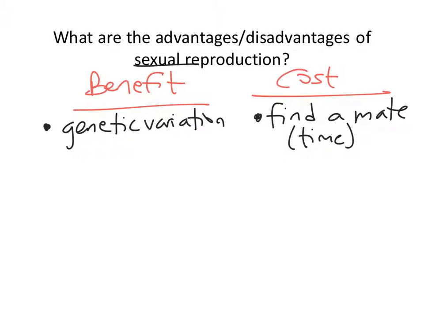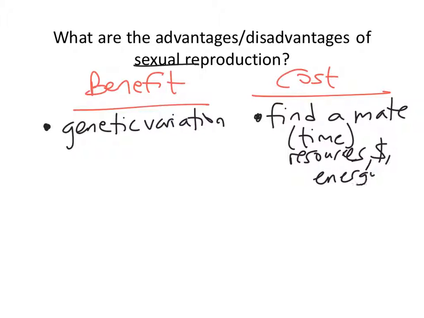What else? So yeah, you have to spend money buying people drinks. Let's see. Right, yeah, it's resources. Energy, some sort of resource. Depends on which species and what sort of resources you need to attract a mate. Okay. What else? Costs, benefits. Yeah, time, right. So time, resources, money, energy.